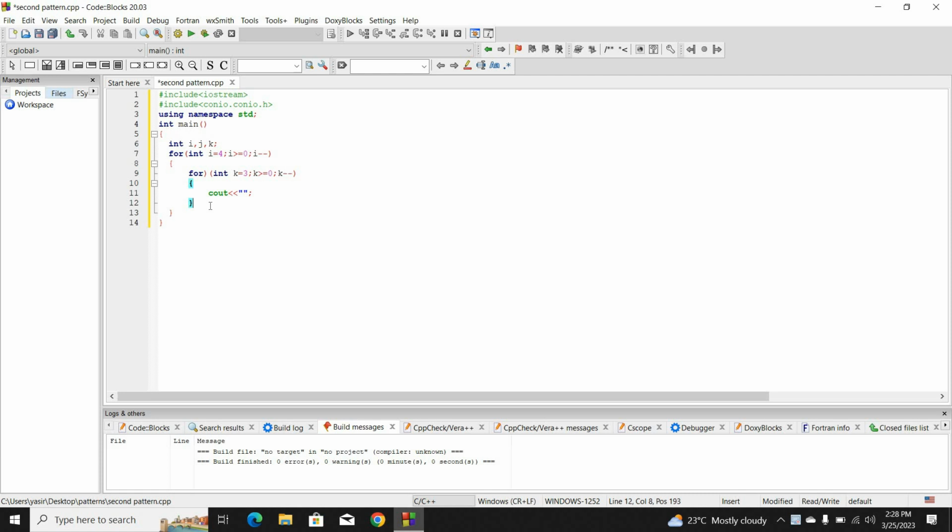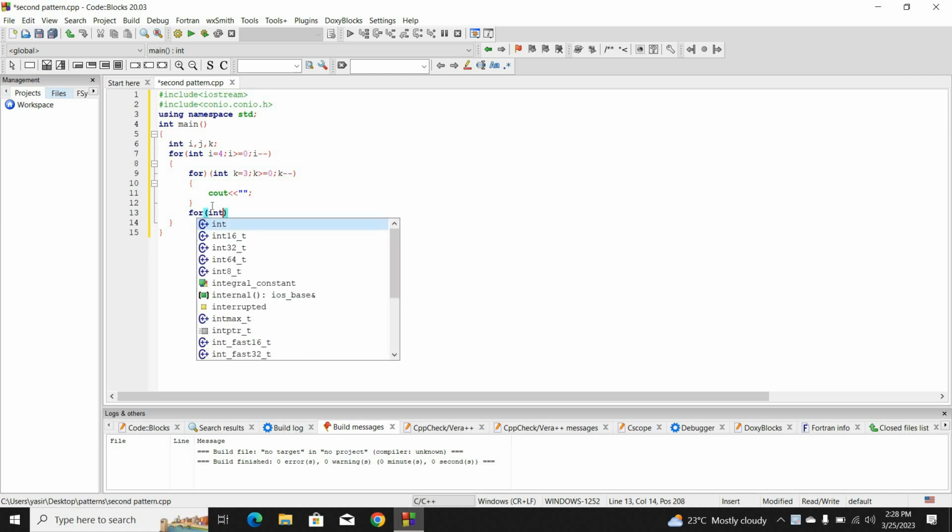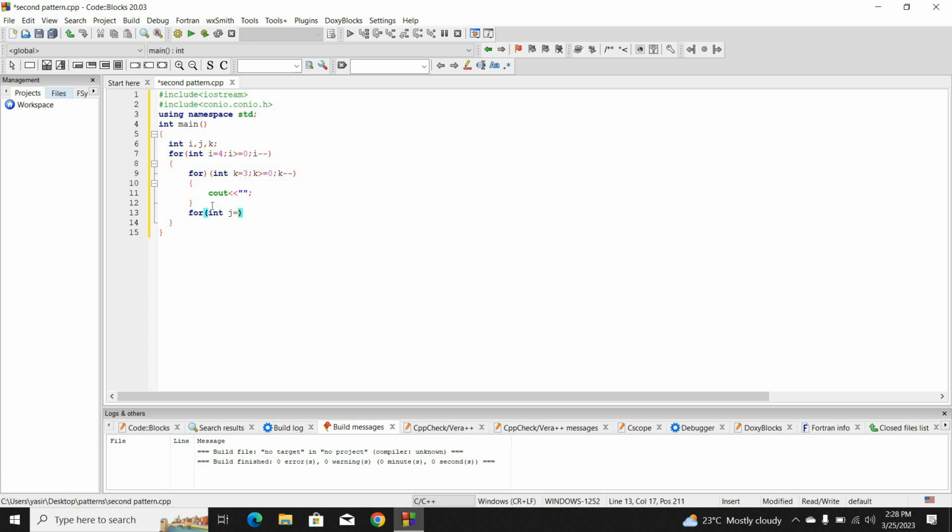Now I will use another for loop outside of this statement. For int j equal to i, j greater than or equal to 0, and then j decrement. Cout. Guys, this line is important for printing the pattern which I showed in the thumbnail, so note this point. Cout